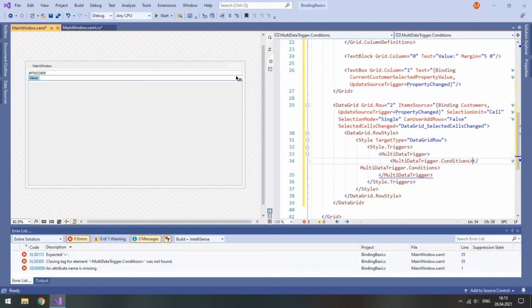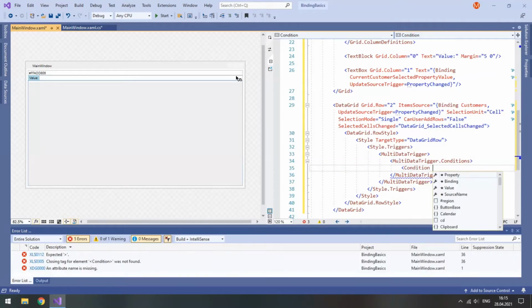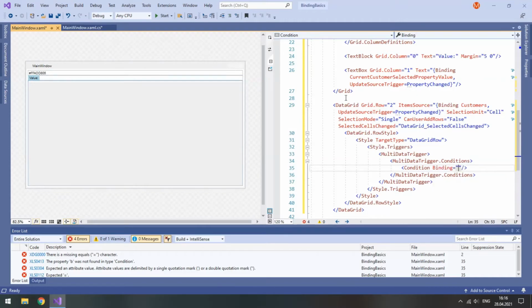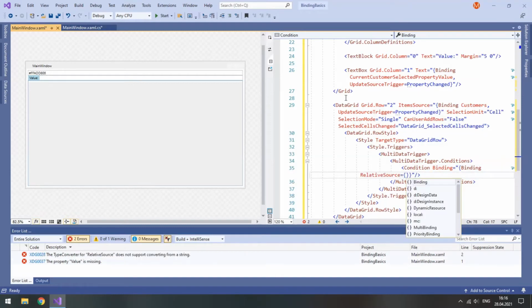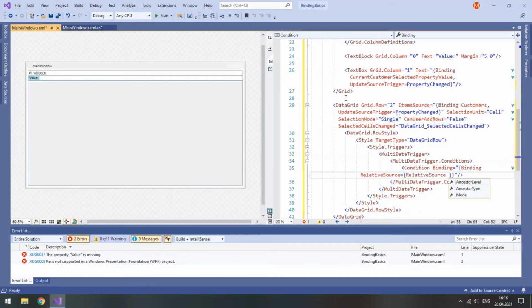Type multi-data trigger, and we will type two conditions. So multi-data trigger conditions, and type condition, and we will bind to the property that we will create later in our main window.xaml.cs. So binding, open curly braces, again type binding, set relative source, open curly braces, type again relative source, and we need our window. So select ancestor type, window.